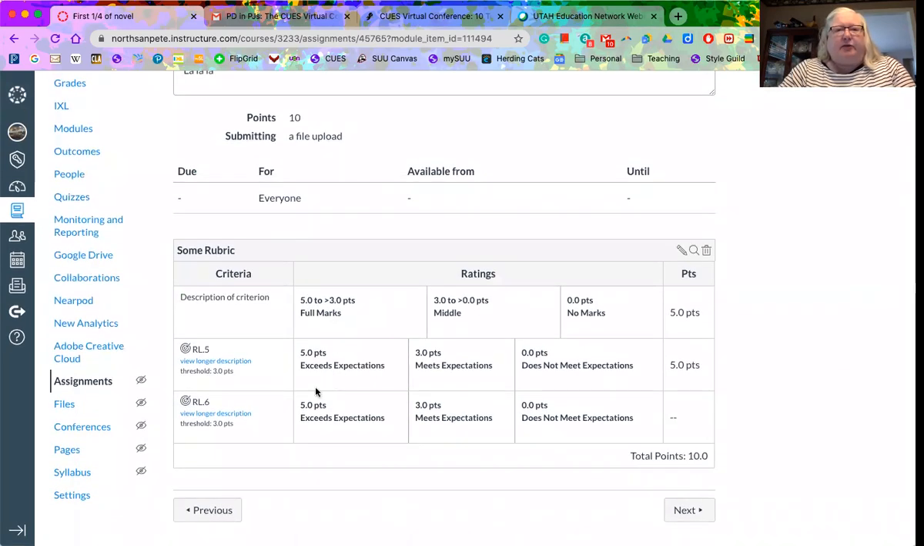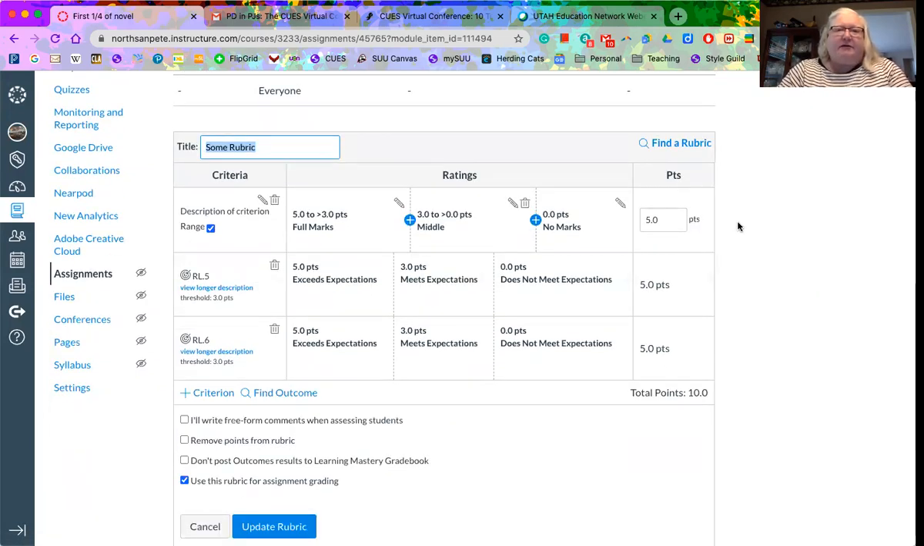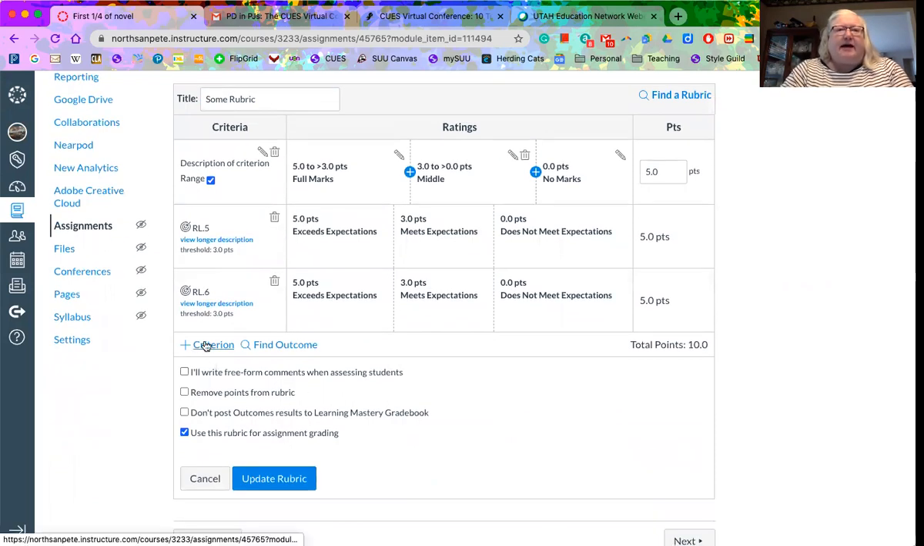And then I started a rubric down here, and I'm going to edit it so that you can see how you can do rubrics or change rubrics, add standards, that type of thing. I'm going to leave it as some rubric. I might change that at some other time. And I can add criterion. I can do a range. And then these are my two outcomes. We know them as standards